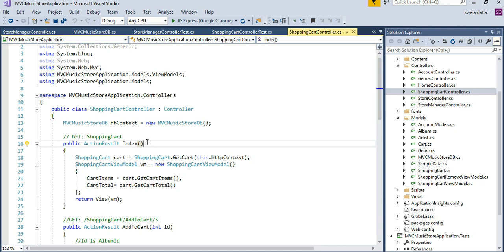Okay, so we will be covering how to write unit tests in Visual Studio 2017 for our controllers. We do not write unit tests for our views because that is more of a user interface oriented area of MVC.